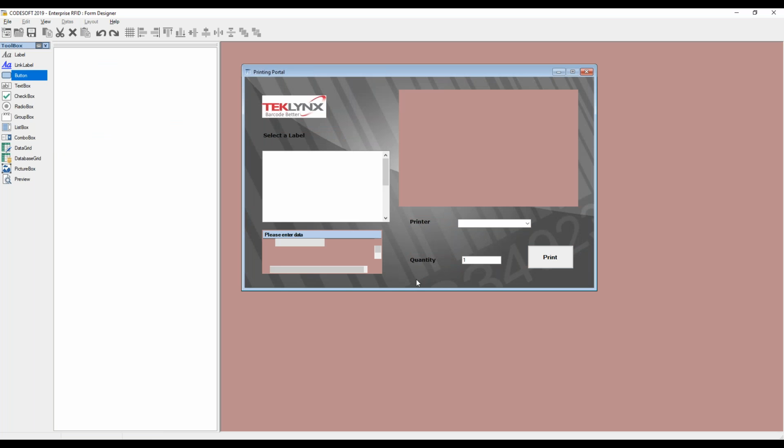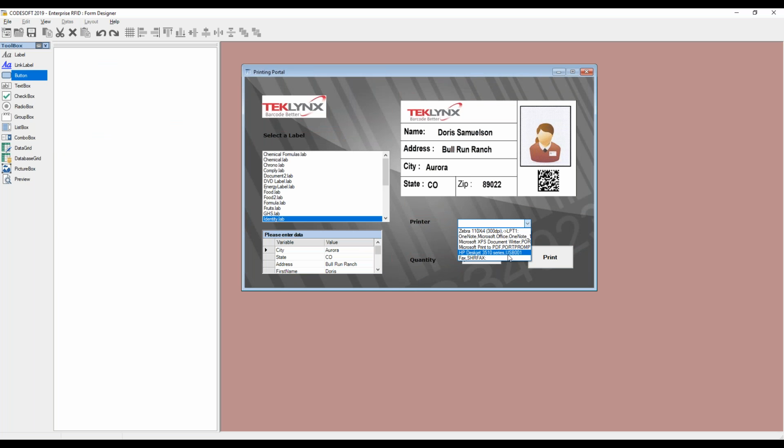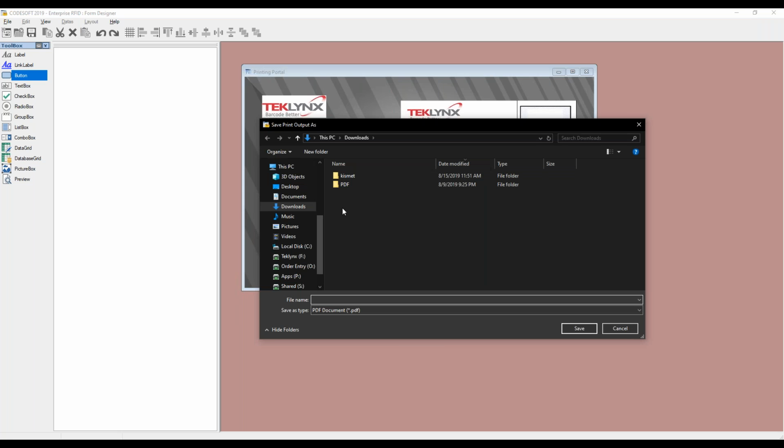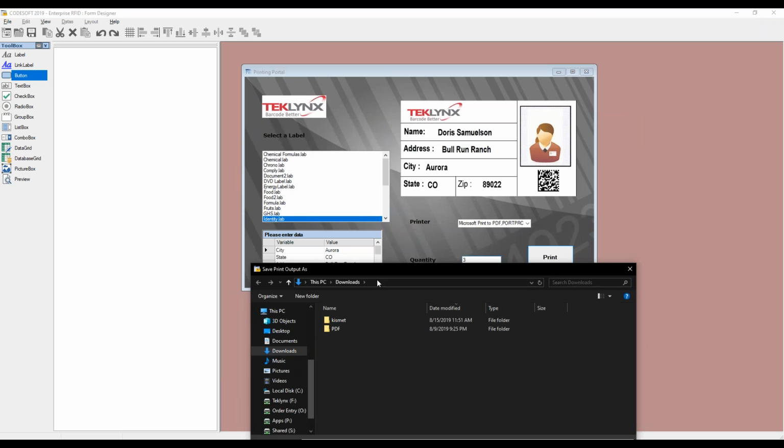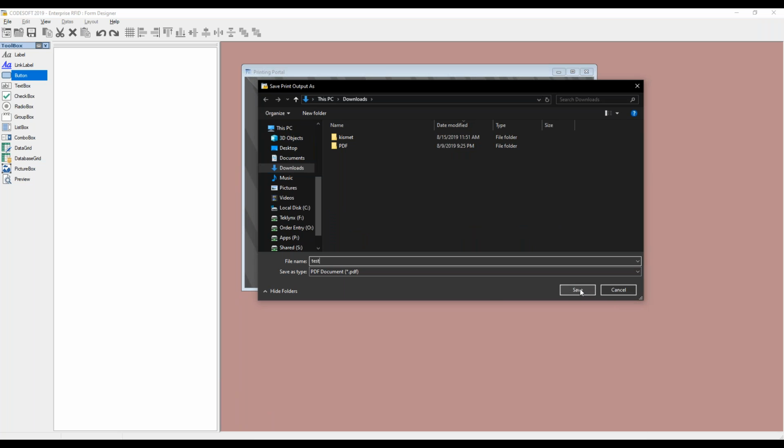So now if I launch this form, we have a few printers in our dropdown. We can put in a quantity. We can choose a different label, modify some variable information. If we click print, it should prompt for a PDF file. Yes, there we go. We'll create a test PDF file. I put in quantity of 3 there. So if I save this,